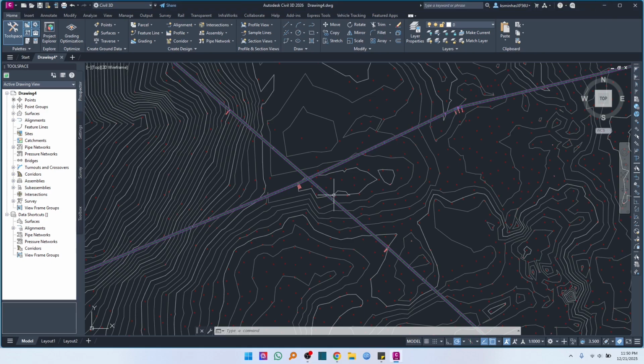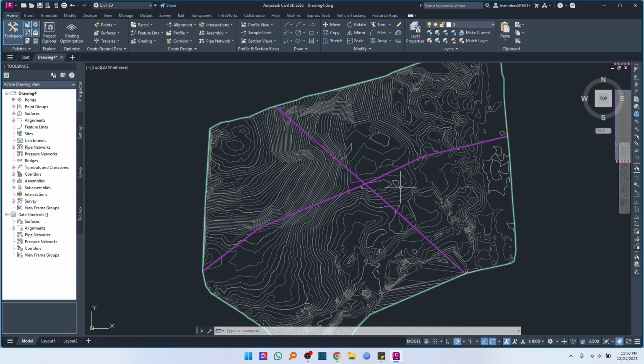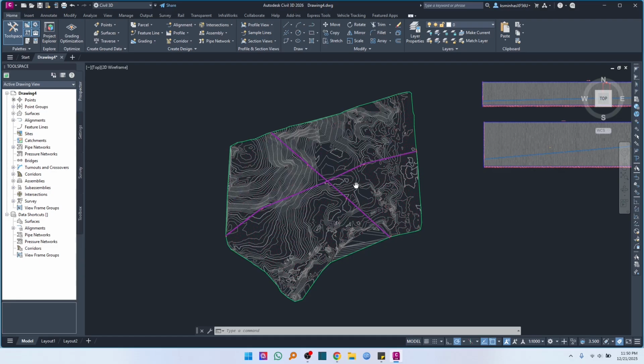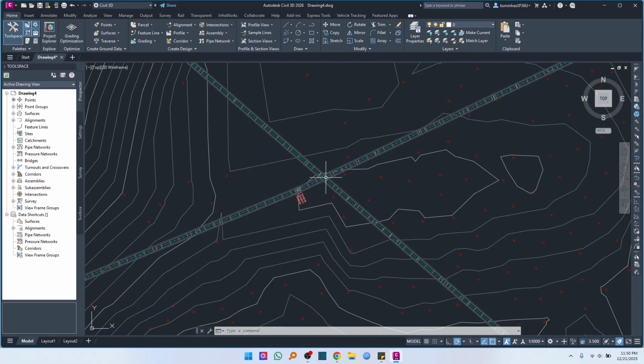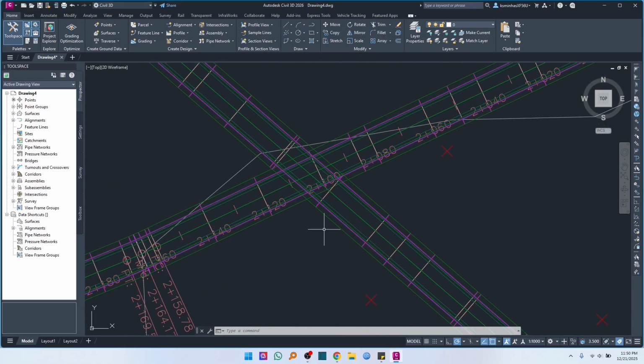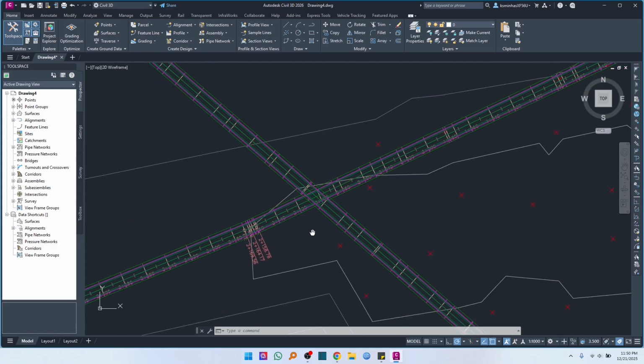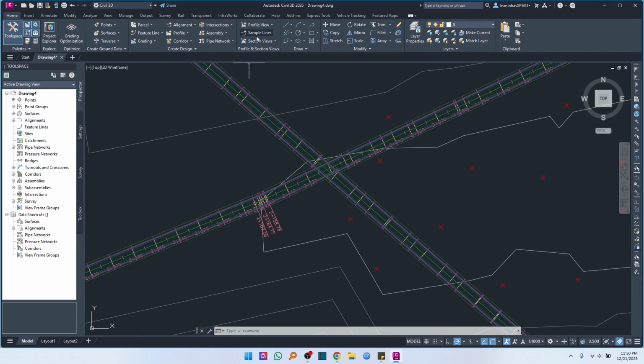To create an intersection in Civil 3D, you first of all need to have two alignments and two corridors for a better presentation. And at the intersection of these two corridors, you will be designing the intersection from the midpoint. So make sure you have two corridors in your model or in your drawing already, and you will go to